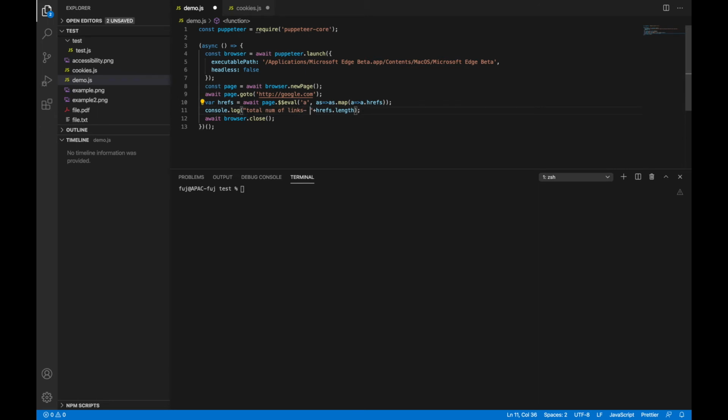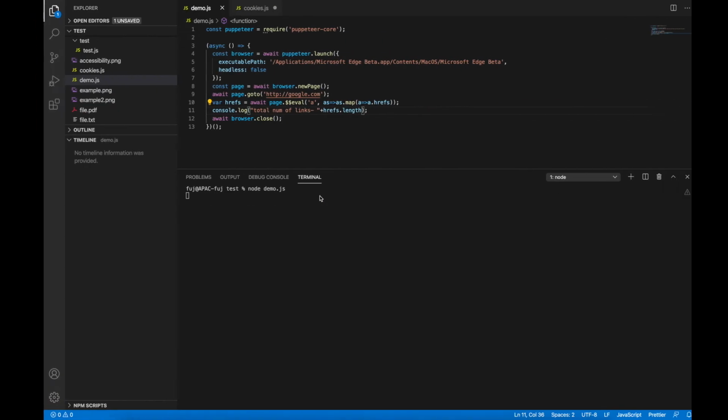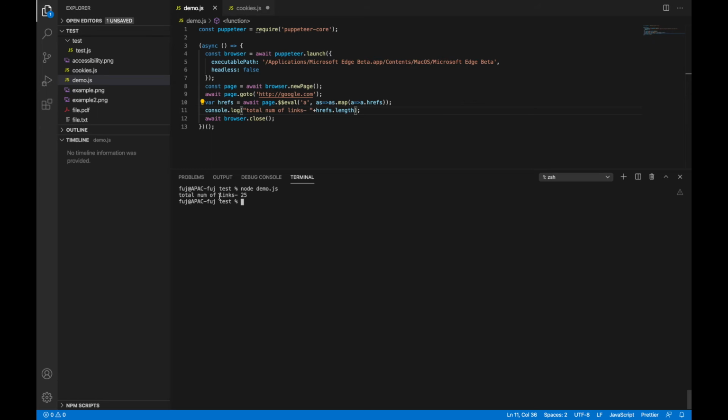It will provide the number of links. So let's run it, not demo.js. Yeah, it will open Edge. It gives us 25 links.